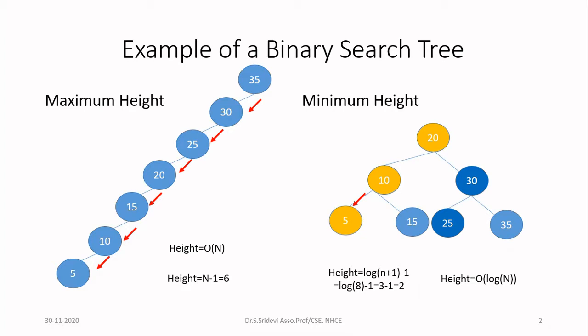Totally 7 comparisons. Whereas in the second case, if I want to search for 5, first I'll compare with 20. Since my key to be searched is less than 20, I'll go and search only in the left subtree. I will never go to the right subtree because I'm sure that my element will not be existing in the right subtree. After that, I'll compare my data with 10, that is the root of the new subtree, and 5 is less than 10, so I'll again go to the left branch of that. Now I will compare 5 and 5, there is a match, so I will print that 5 is existing. So now I have done only 3 comparisons, whereas in the previous case I have done totally 7 comparisons.